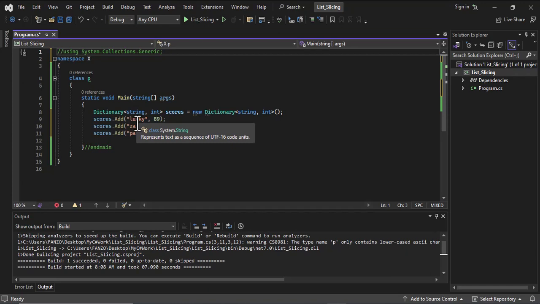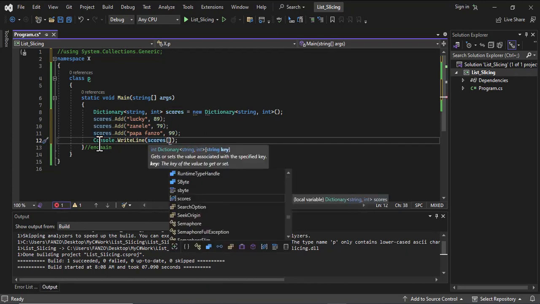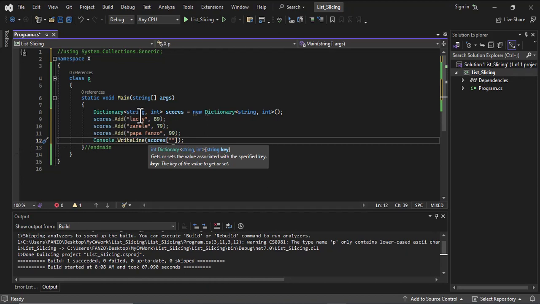That is the question that we should ask ourselves. Okay, that is fine. So one thing that I can do when I am inside there, for example, I can have Console.WriteLine, and then I can go to scores, and now I want to access the first object. So I access the object via the key. These are the types of brackets that you should have, and then I specify the key. Remember, we have a key and a value, so I can specify the key and say lucky in there,